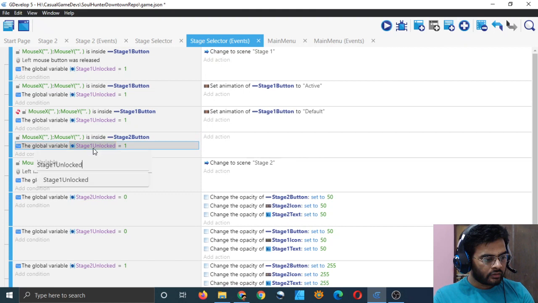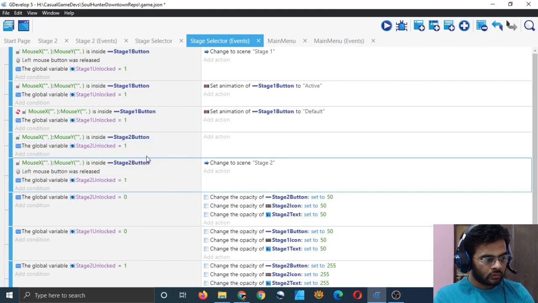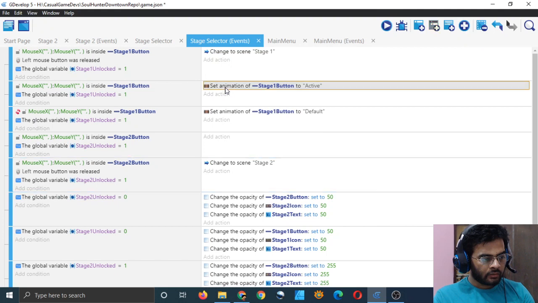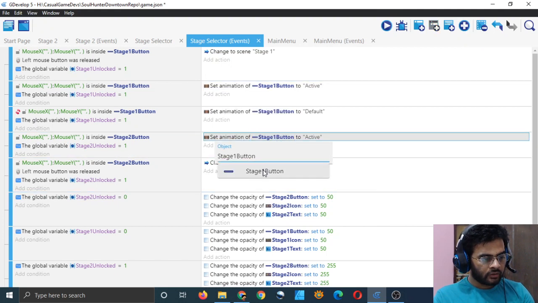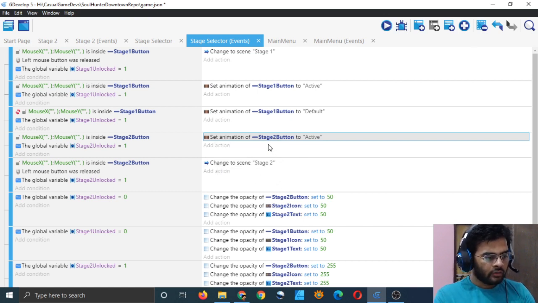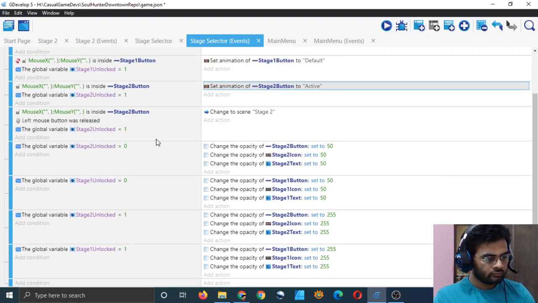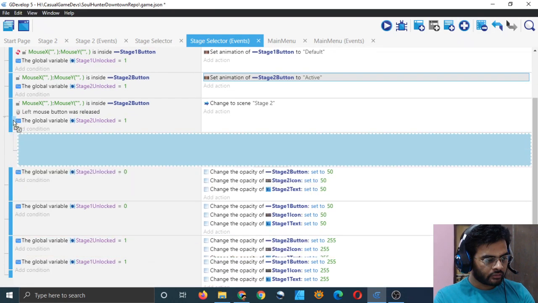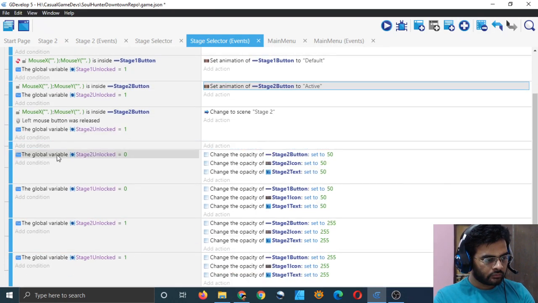And then here change stage 1 unlock to stage 2 unlock. Yeah, and then here copy this section and paste it, and from stage 1 button you can choose stage 2 button. Click here. So this is one condition, and add another one. It has been added at the end, so just drag it here. Yeah.